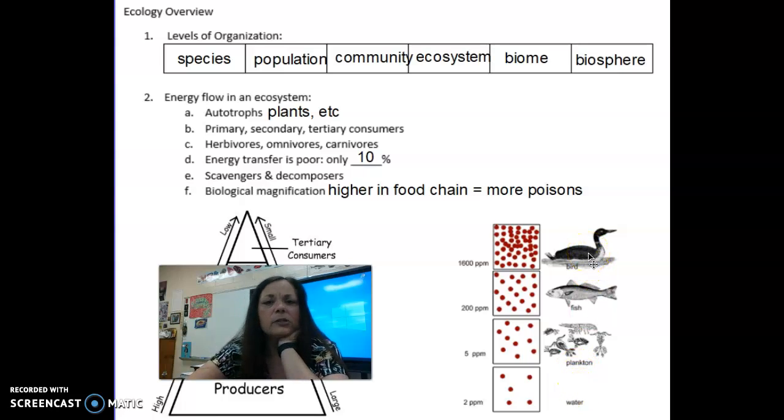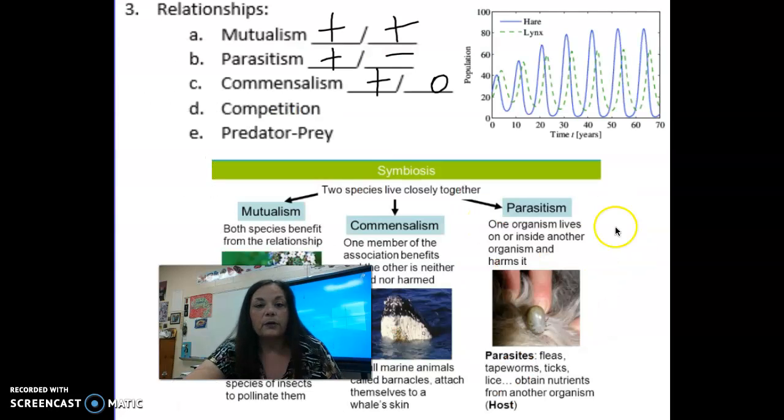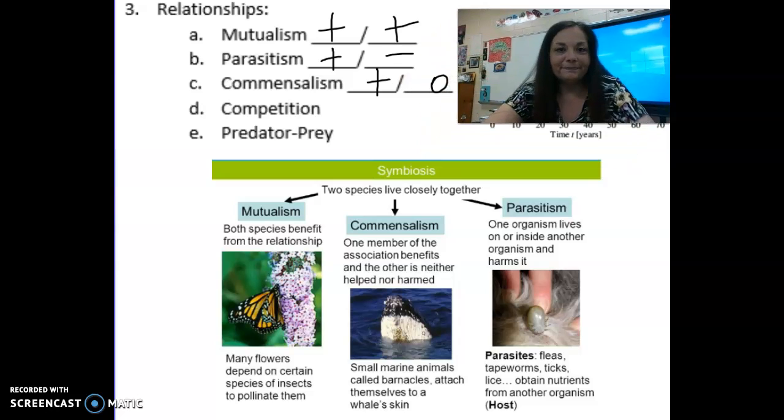All right, they also discovered this. It was killing our eagle population back in the 1950s. Think about the eagles eating the fish that eat the smaller fish that eat the smaller fish that are in the water. So if it asks you a question about biological magnification, it's probably talking about the largest organisms in the ecosystem. All right, so then let's do these down here on the bottom real quickly.